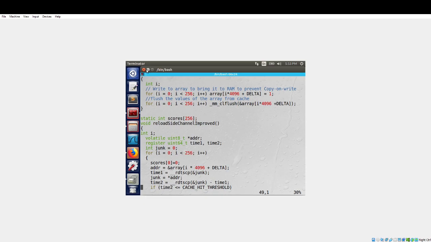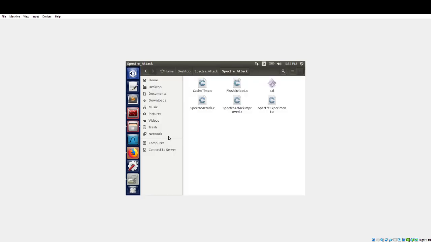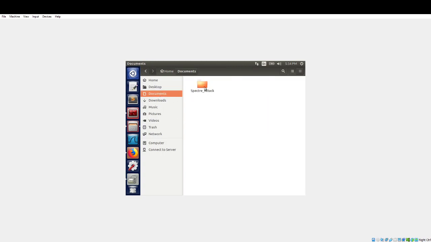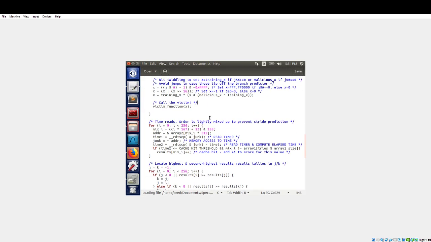So now for the last task of this lab, we actually want to print out that whole string. Now you could edit this file, but I had already messed with it enough and decided to kind of rewrite another one. So using that, where did I put you? Documents, Spectre Attack. So we named it Full Attack.